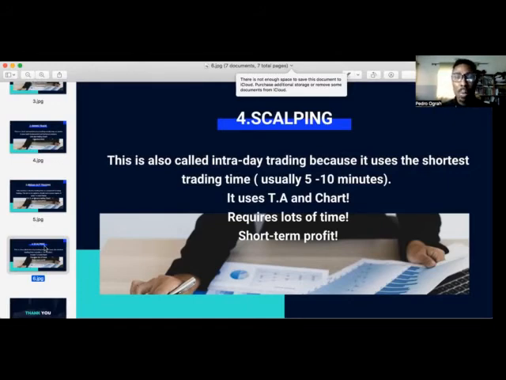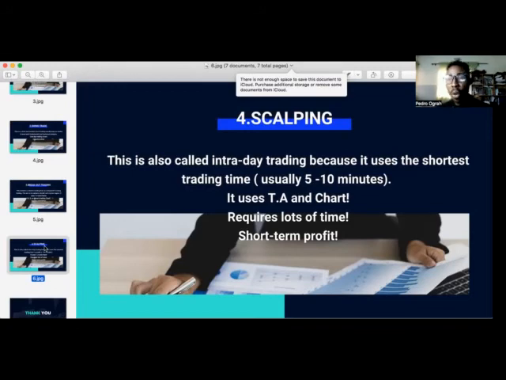In scalping, you use technical analysis and charts, and it requires lots of time for short-term profits. You're not looking for a breakout point. You just study the trend, you use your chart, you use your indicator. You see when the price is going to drop and when the price is going to increase. In this kind of trade, sometimes you use your stop loss and you take your profits. So this one involves a lot of technical analysis, and it requires a lot of time. In fact, if you want to do scalping, you have to go into that trading full time. Any other type of trading might not be full time, but scalping is, because it requires a lot of time and technical analysis.